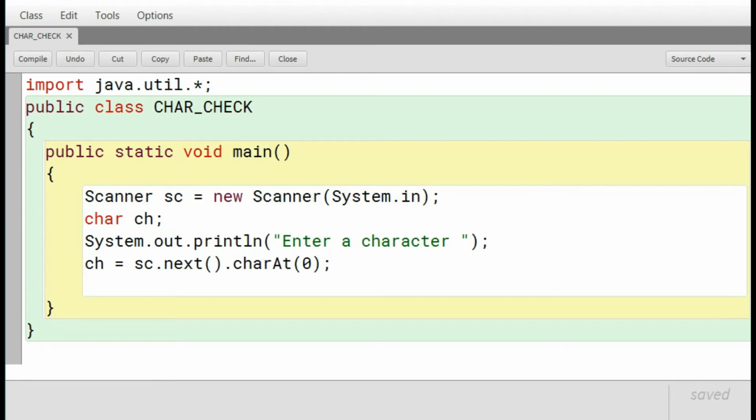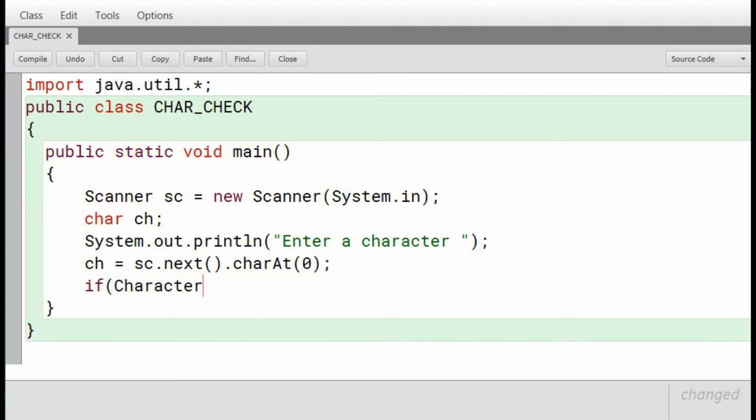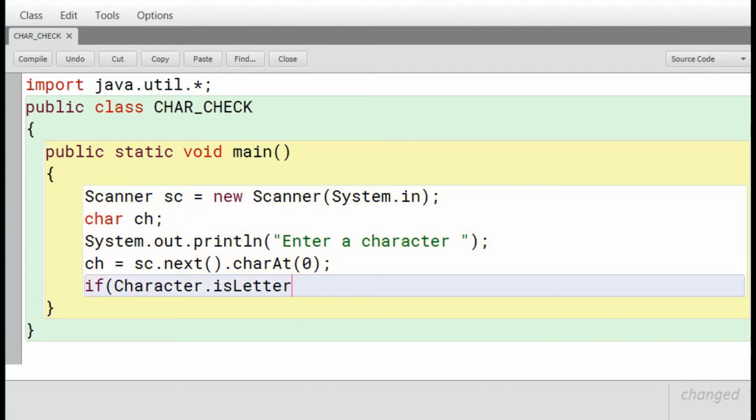Now after that we have to check whether the character is a letter or a digit or a special character. For that reason we can use the if else statement. The first condition that we are checking, character dot is letter, we are passing the character as a parameter. As we know this function returns a boolean true or boolean false value, so we are matching this with the value true.